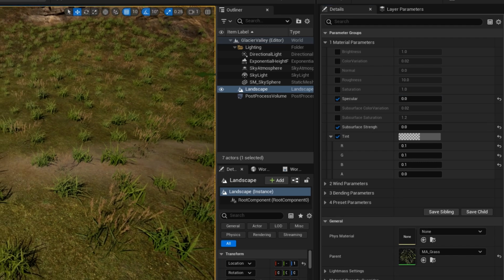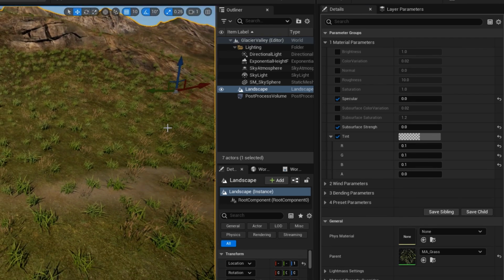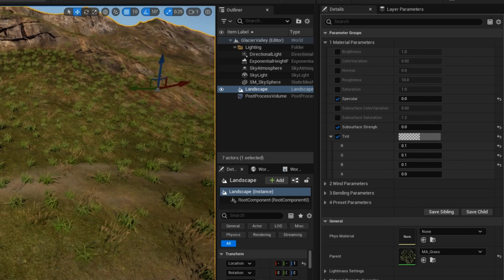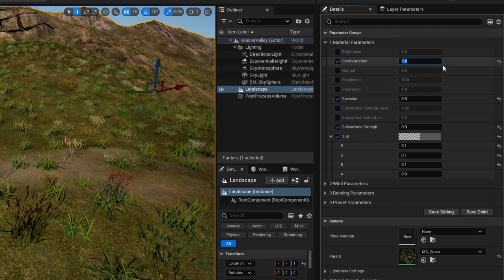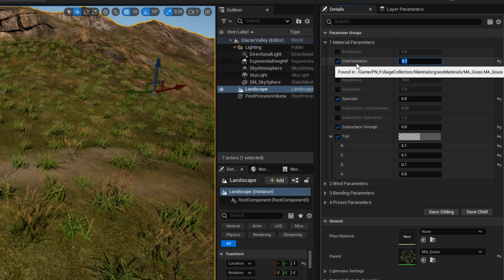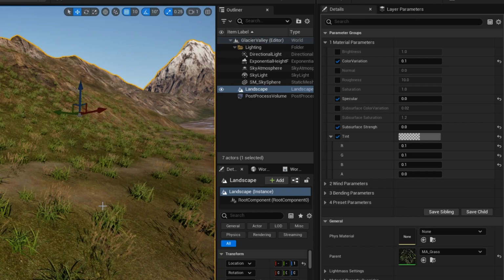The other thing you can do, actually let's do this with the main one, is you can see how they're all the same shade of green at the moment. Can you see there's this color variation option here? If I show you it with the wheat here, if I select this, let's put this on a really high value like 1, you can see that it has a rainbow of colors now because each color is different. Now, obviously that's unrealistic, but if you dial it down a bit, like 0.1 here, there's some slight differences in those colors. You don't notice it so much on the wheat, but let's do it on the grass.